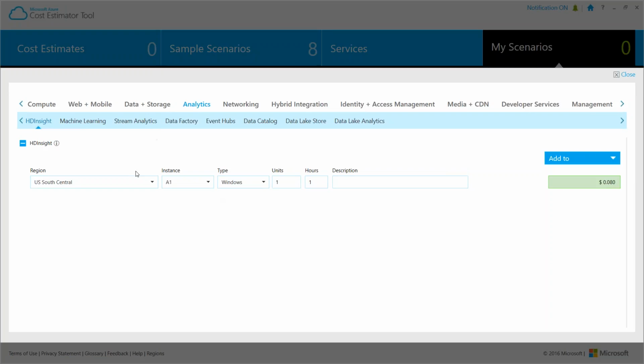In analytics, we can price various things. In the data factory, we can do cloud versus on-premise. Activities a month, let's say we've got 50. Let's say on-prem. I wonder why the prices aren't showing here. High frequency data move, these are the inactive pieces. Gotta write that down for a trouble ticket. The event hubs we can see prices for, let's see here, 1,000. You can see some of the cost here, $28 per month. IoT hub.